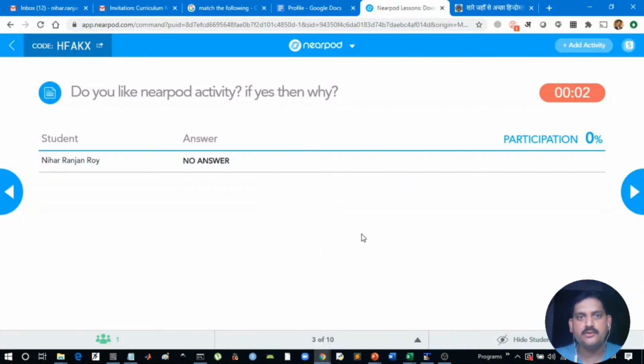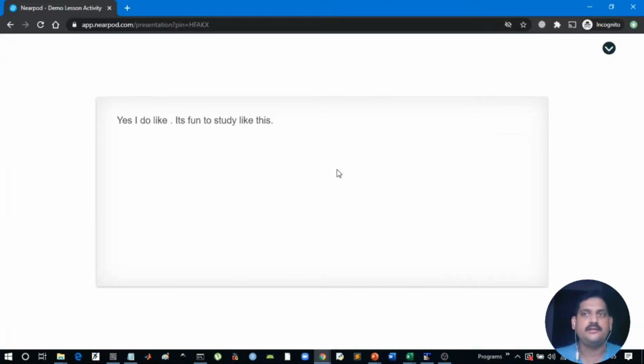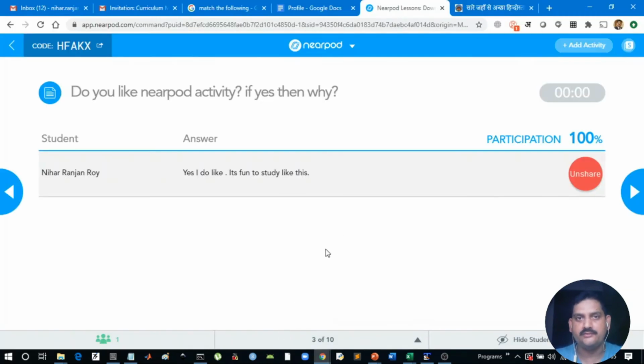Now, what is visible on the teacher's screen? Just to see. Once the time is up, the responses of the students are recorded here. And if the teacher feels that one of the students has given an awesome answer, it can be shared on the screen of the students. For example, here I am sharing it with all the other students. So yeah, here it is. This is one of the best answers that one of the students has shared, so the teacher can simultaneously share it. Now let us return to the teacher's screen, and let me start the next activity as a teacher.